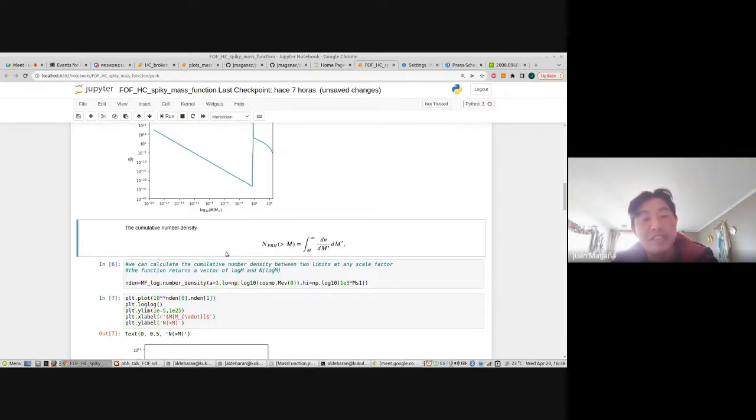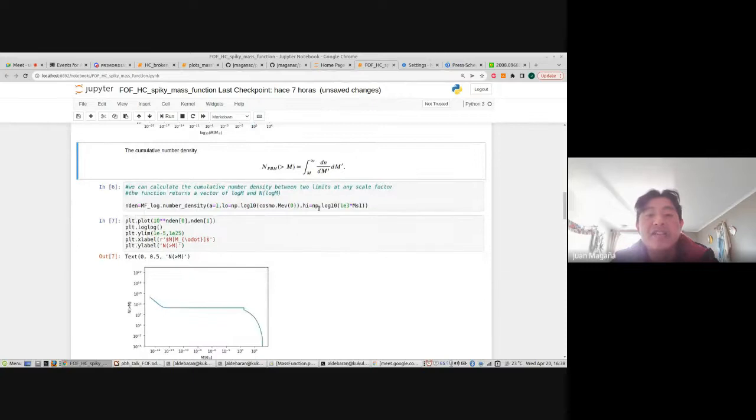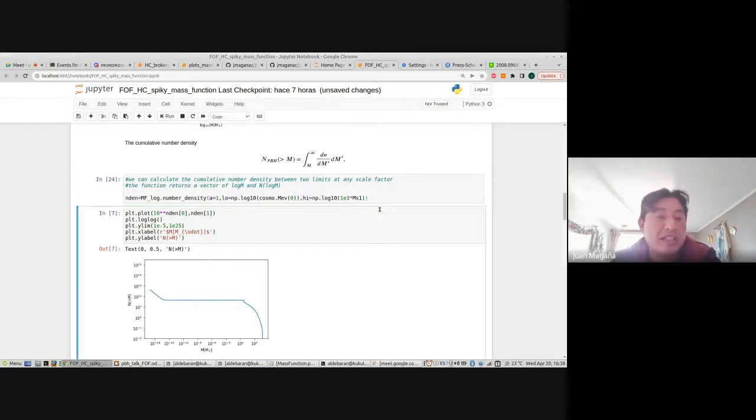number density, the mass density. For example, if I calculate the number density of this mass distribution, I need to perform this integral here. It is the integral of the mass function from one mass m to infinity, and you can define the limits of this integral, for example, from the evaporation mass, which is also part of the code. Joaquin explained that in the third session. For example, I calculate the number density.